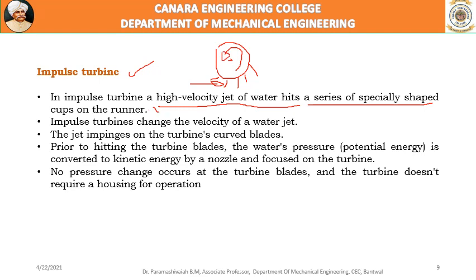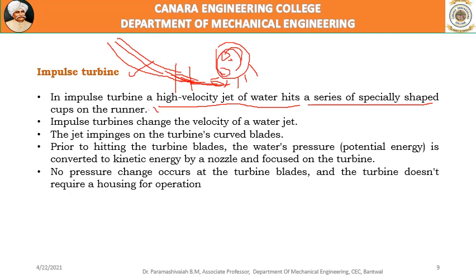So here, the energy available is potential head, which produces high pressure. When it enters the turbine, it passes through a nozzle. The nozzle function is to convert the potential head or pressure energy into kinetic energy, a high velocity head, and the water jet strikes the blades at high velocity and transfers the energy to the blades, thereby making the rotor rotate. So this is how an impulse turbine works.